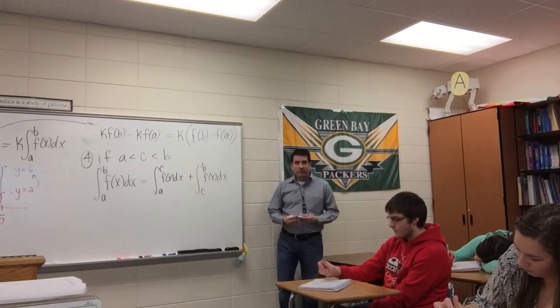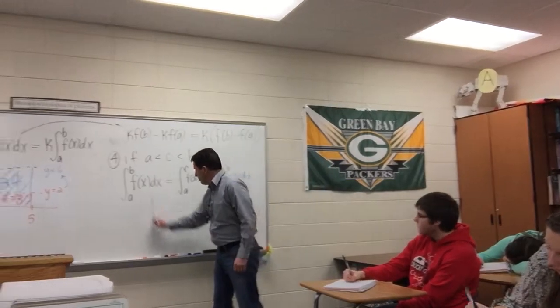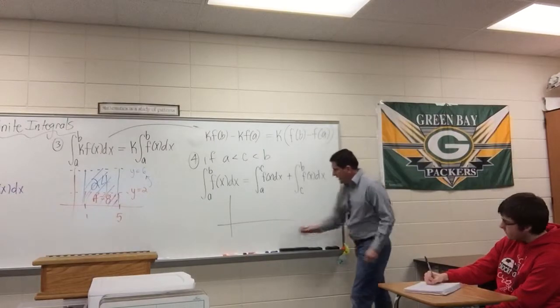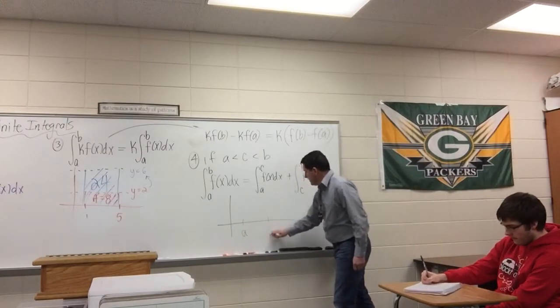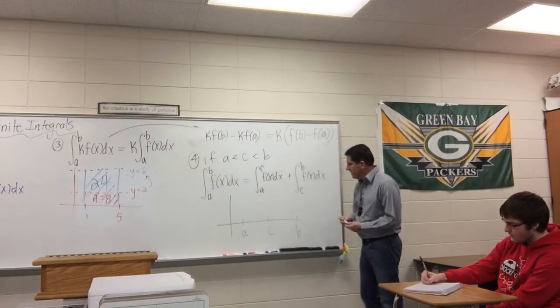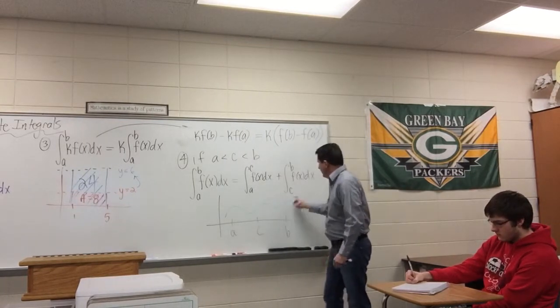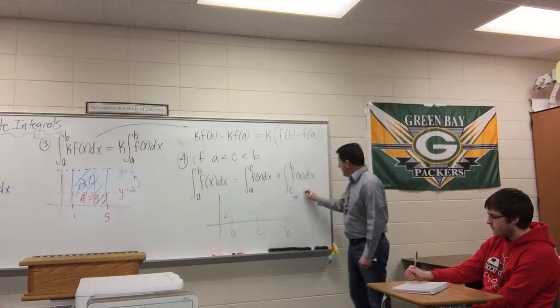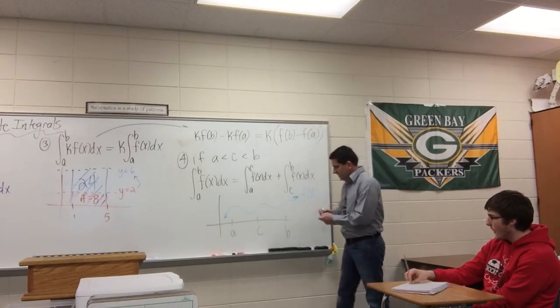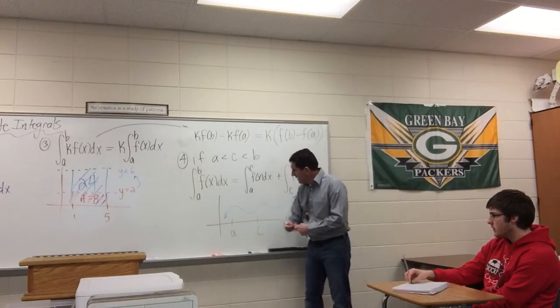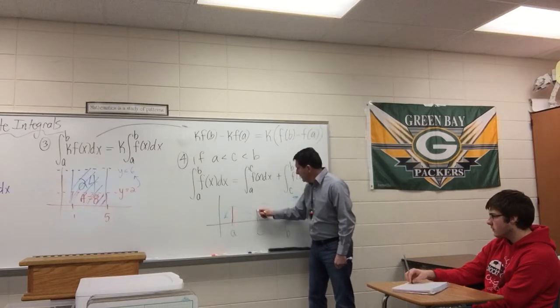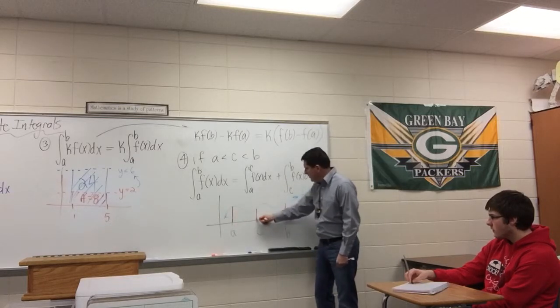Can we do this visually? Let's just say I've got some A here, some C here, some B here. And I don't know, my function is whatever. Okay, it's f of x. And if I look at area here, here, here,